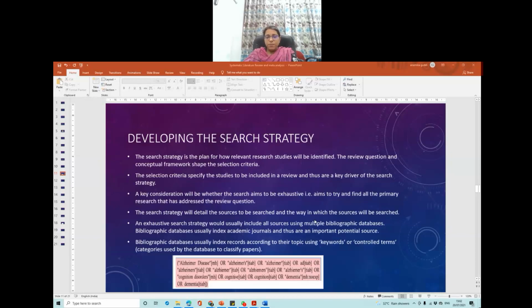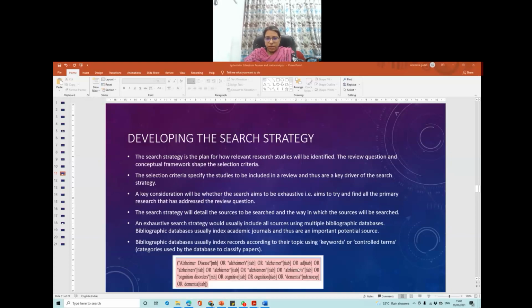What happens when we publish an article, generally while publishing, the portal asks you to enter some keywords which are relevant in your study. These keywords are the indexing terms, and these are the keywords which help in searching while we do the systematic review. So I have shown an example of